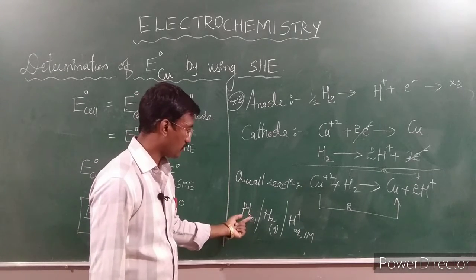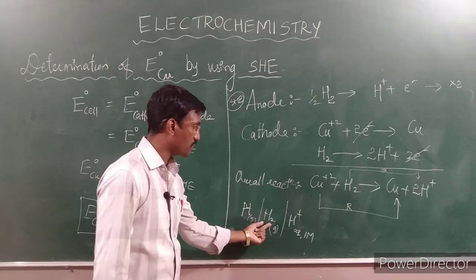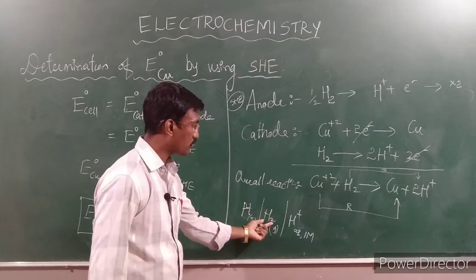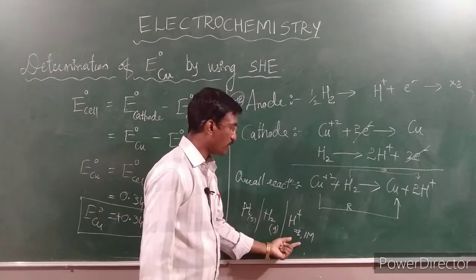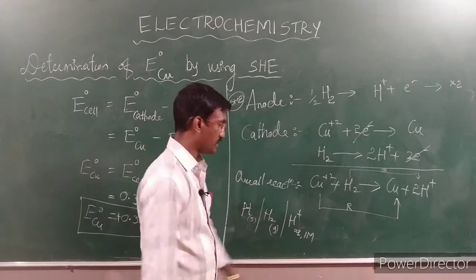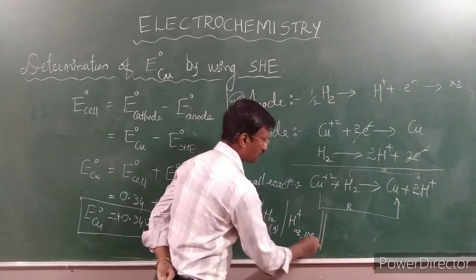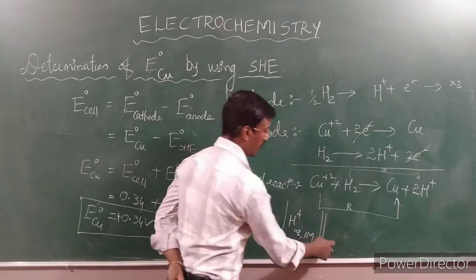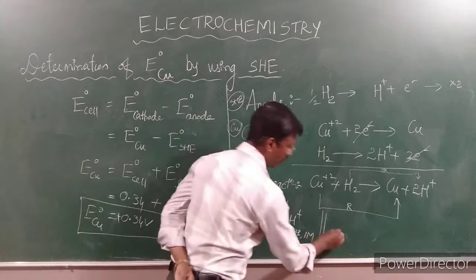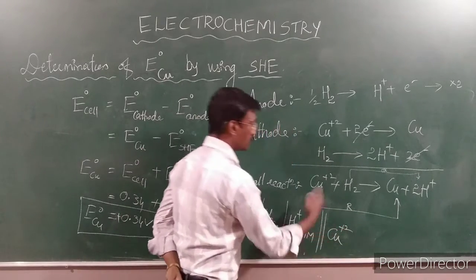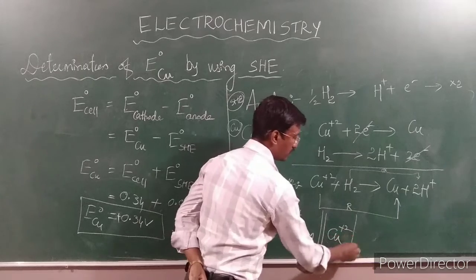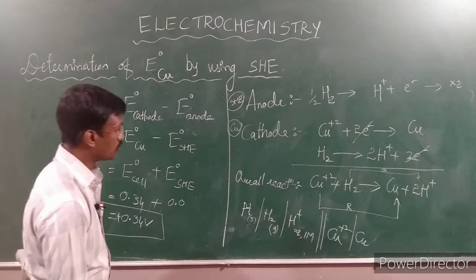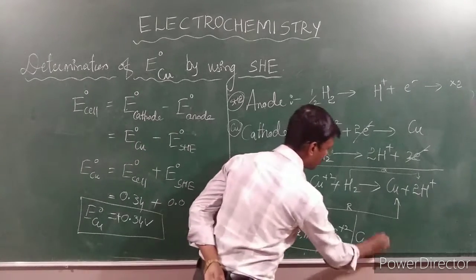The platinum rod has a hydrogen surface, meaning the platinum rod contains hydrogen gas, obtained from the hydrogen ions, that is HCl. It is connected to the cathode, that is copper, through a salt bridge. The ion present in the copper electrode is the copper ion, Cu2+. That electrolyte is contained in the electrode, that is copper. Have you understood this? This is the cell representation